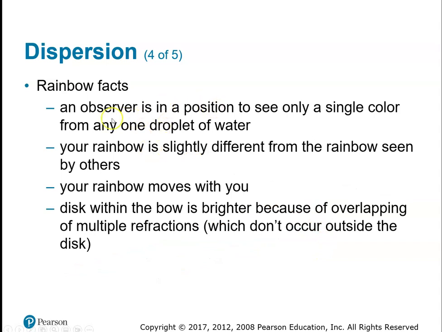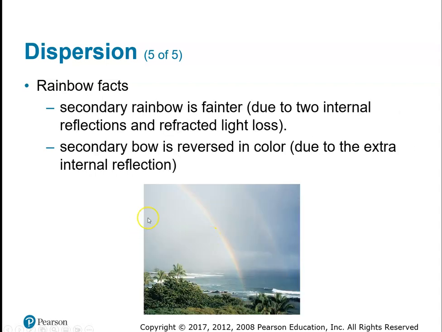All right, so an observer is in a position to see a single rainbow from one drop. Your rainbow is slightly different from rainbows seen by others. Everybody sees their own unique rainbow, actually, because you're not looking at the exact same drop of water at the same time. And then there's a bow that's brighter because there's an overlap. You get multiple refraction. So if you ever see a double rainbow, which is actually a pretty rare thing,